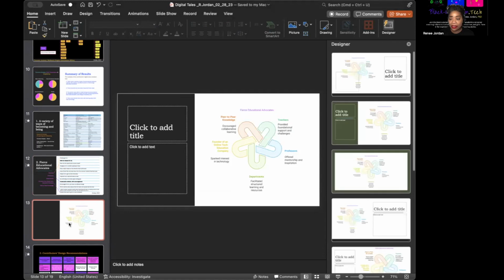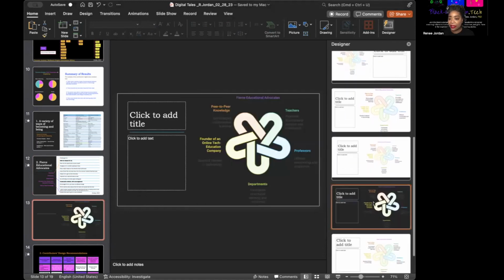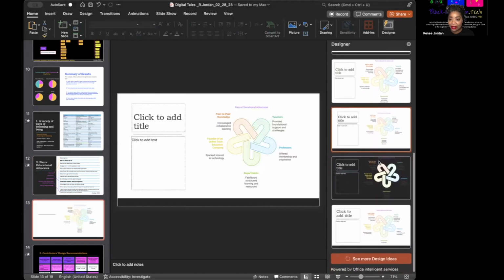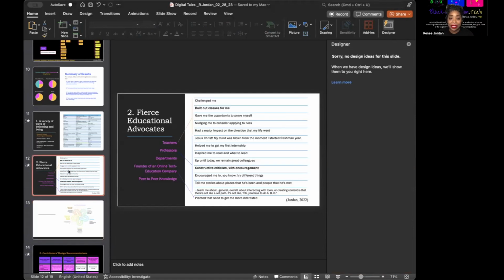So Napkin AI is a way to get into visual storytelling. Once again, it is an option, a tool, a resource, it is not the answer. I had to do the work behind all of this in order to synthesize my findings into something that provided insight as it related to my discipline in instructional technology, specifically instructional design, and what can be done as a result of my findings. I'm going to go back to the PowerPoint and I'm going to show you this.